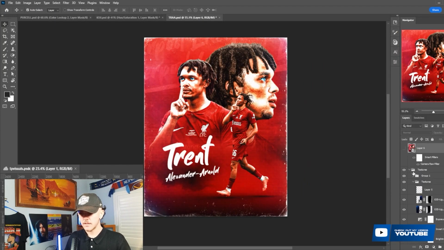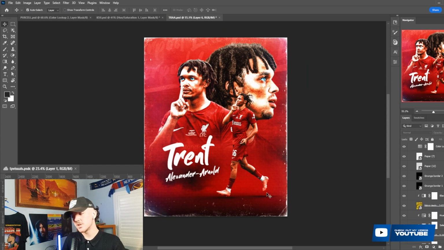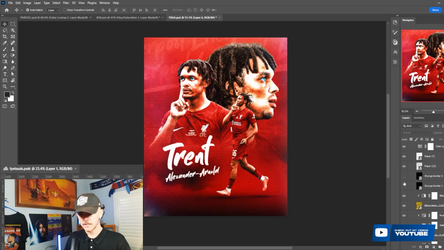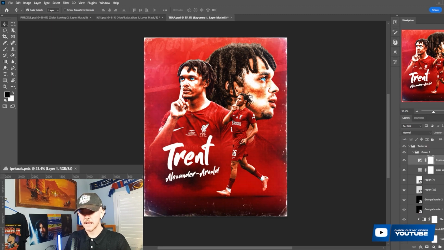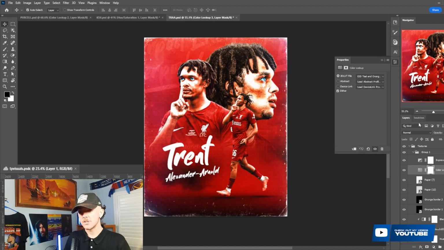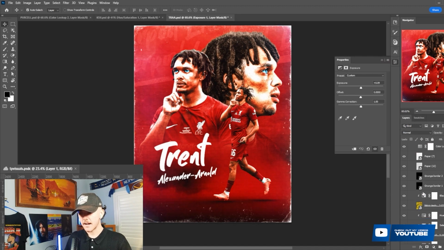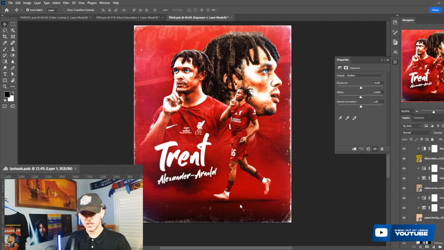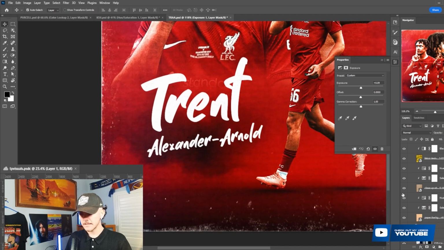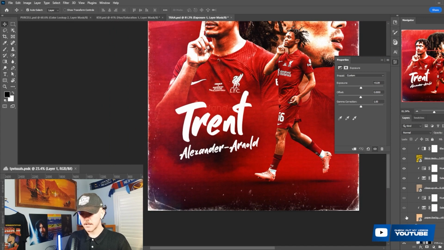For my texture side of things, I went pretty heavy with everything. As mentioned, there's a bit of grunge taken from one of my previous graphics. As you can see, just a little bit of grunge stuff, paper, and then I added another Ethan J design lookup layer, and then a bit of an exposure burst, and lots of card stuff. So fabric texture, which you can see is this kind of seat looking thing, paper, another paper one,